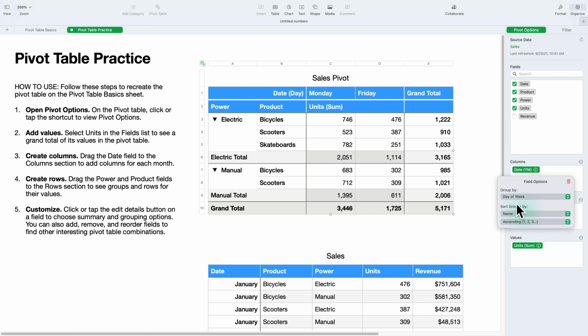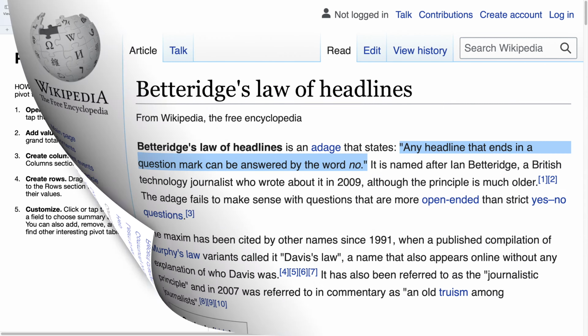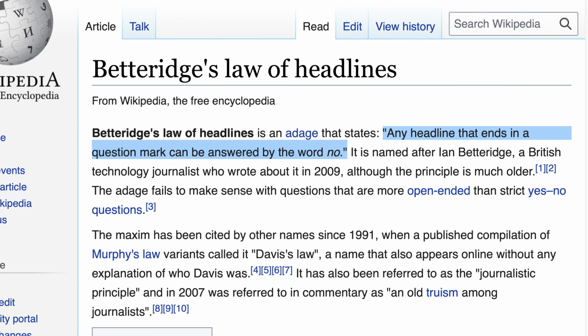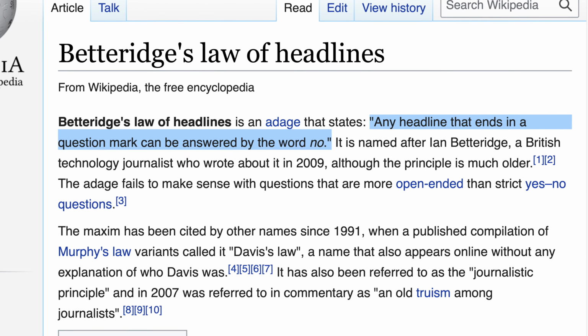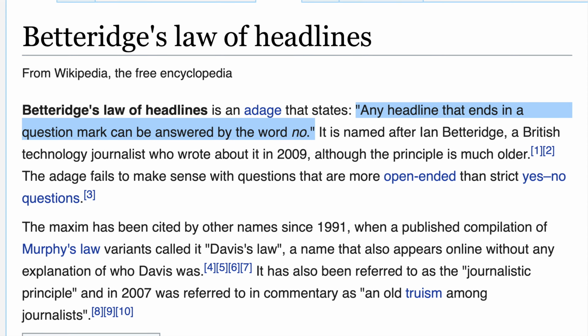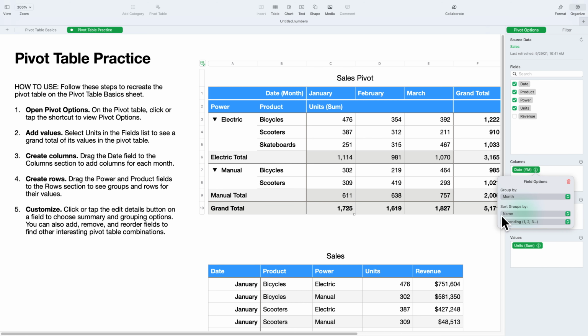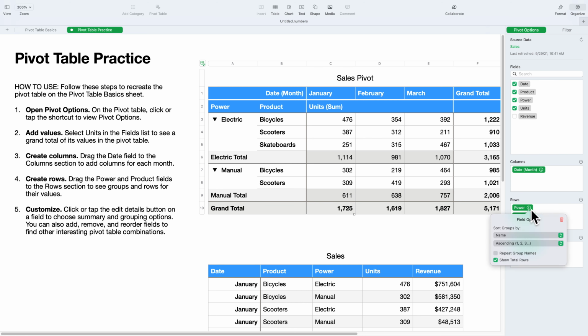What about the second question? Is Apple's Numbers app a replacement to Microsoft's Excel? Well, if you're familiar with the Betteridge law of headlines, you might think that the answer is no, as this video has a headline that ends in a question mark. However, I think that Numbers is a solid alternative to Excel. With the addition of pivot tables, there's one less reason to use Excel. Numbers has certainly been my replacement for Excel.